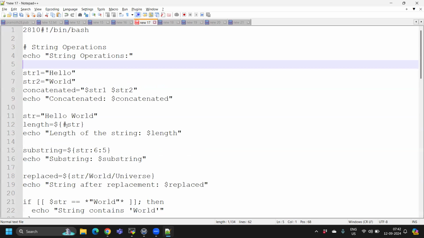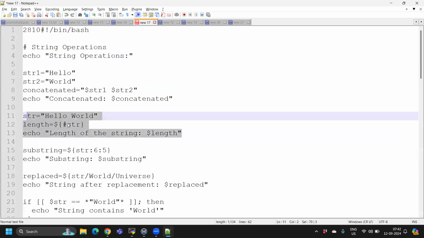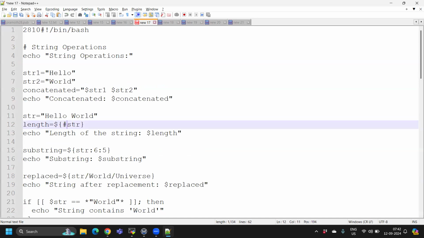Here, when we are getting the length of a string, we use hash before the variable, right? The dollar symbol, the curly braces open, and we use hash and the variable name and close braces. This gives you the length of a variable, in the sense of its size. So this holds 1 2 3 4 5 6, and it counts the space too, 7 8 9 10 11. Like last day we saw, if you use this, you get 11. So similarly,